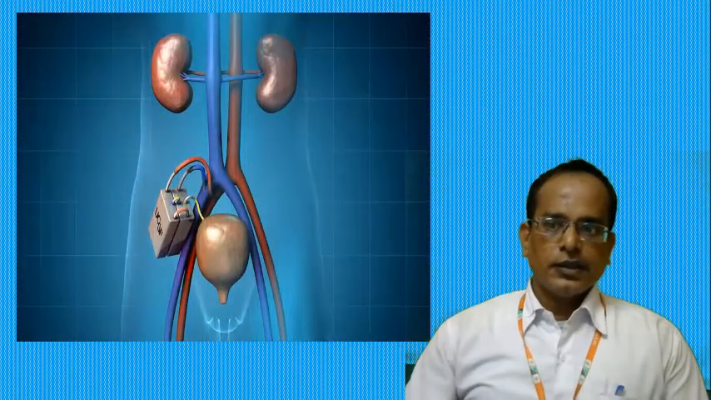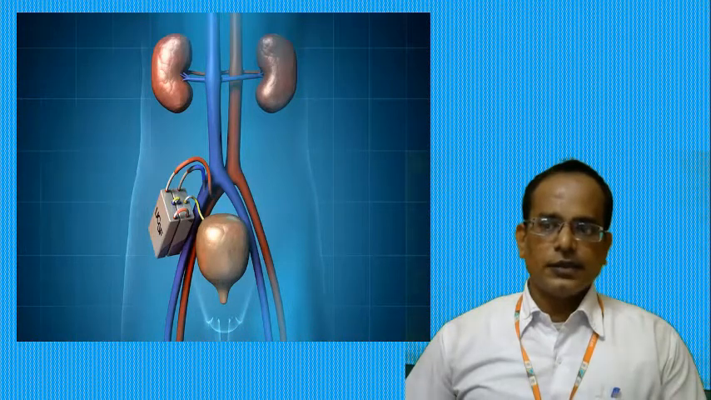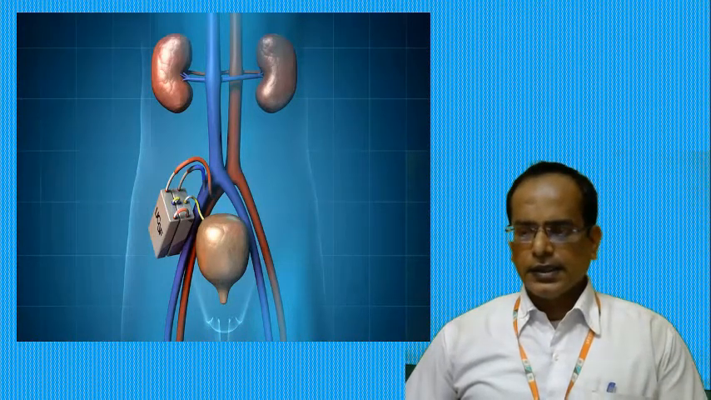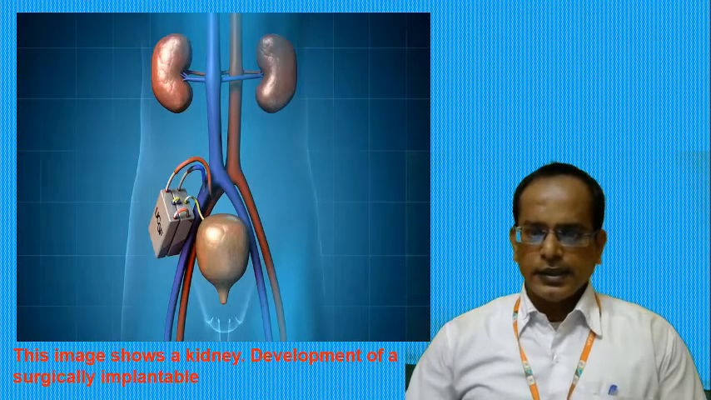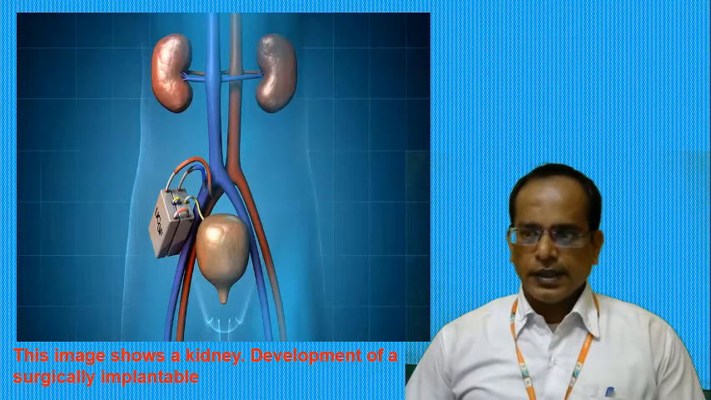So the diagram is showing what the artificial kidney is. In this image, it shows a kidney which is a development of a surgical implantable. That means the person who lost both kidneys has to go for this artificial kidney. So when the renal system fails and the filtration stops functioning, they have to go for an artificial